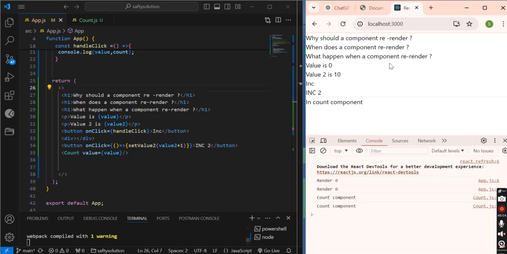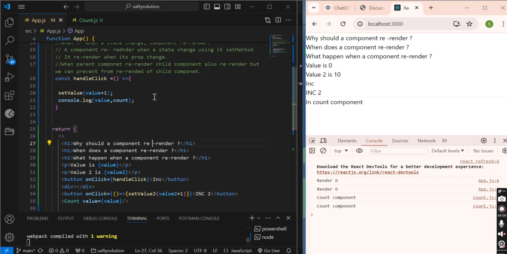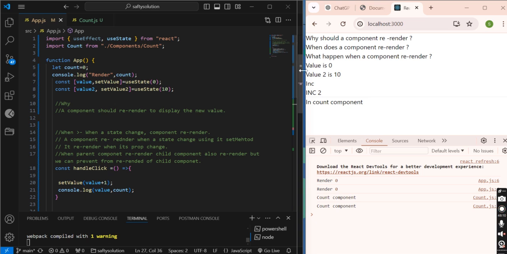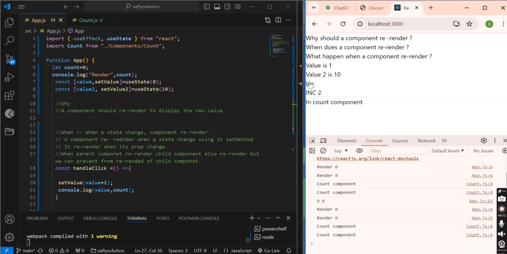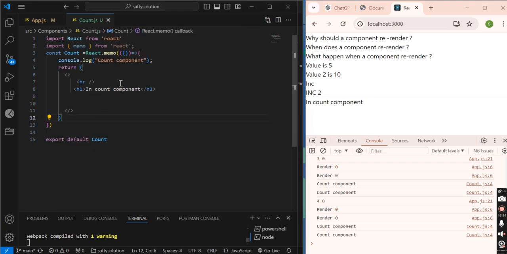Now see, value is 10. Initially it is 10. So when I am clicking here, only this value is changing. And why is this component re-rendering?